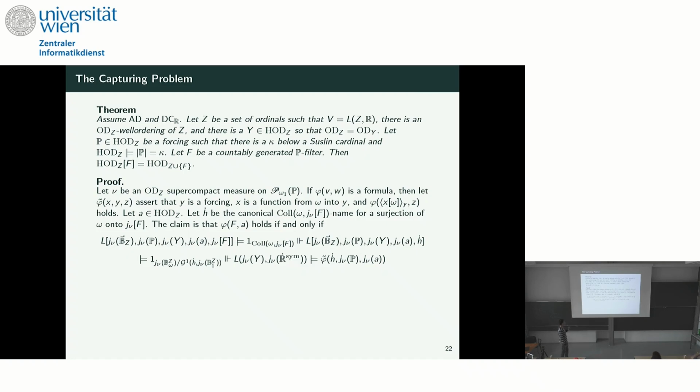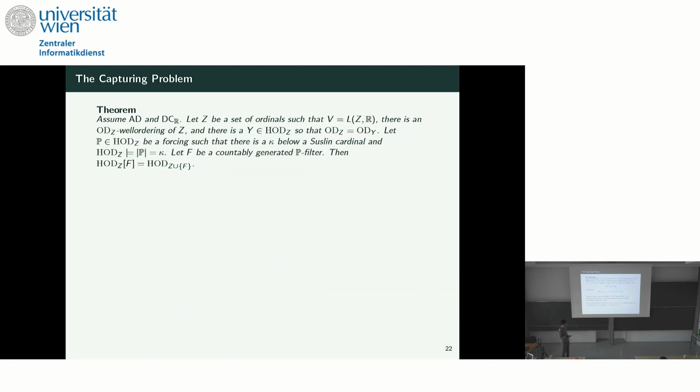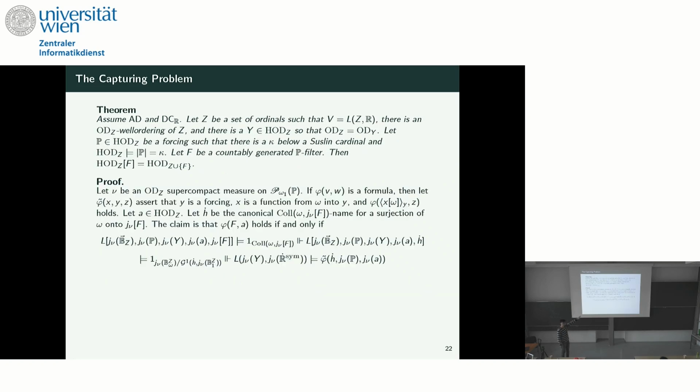But let me just emphasize the important point. The filter is assumed to be countably generated. So by the fineness of the supercompactness measure, for almost all countable sets, the set contains the essential information about the filter, enough to upward generate that filter. I want to use the previous result, which only holds for omega sequences. That's why I introduced that collapse forcing. This will introduce an omega sequence enumerating a sufficiently useful countable set.